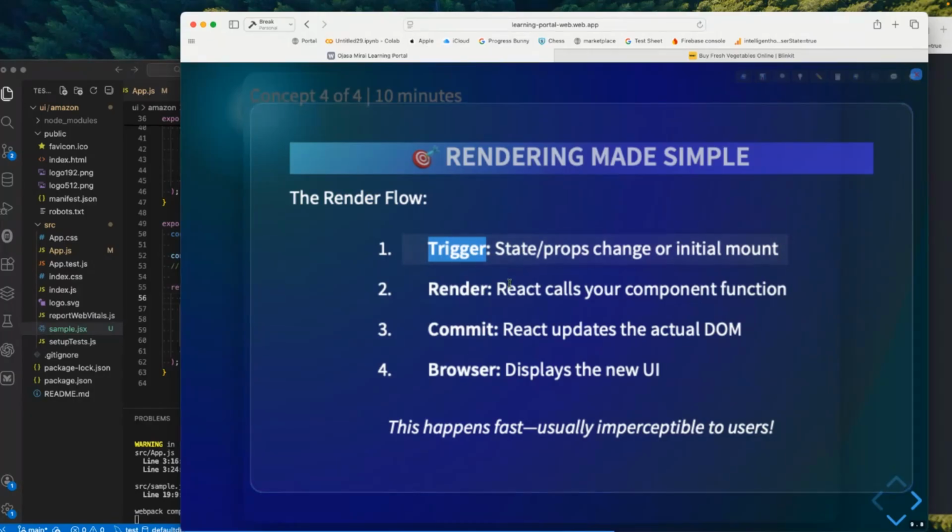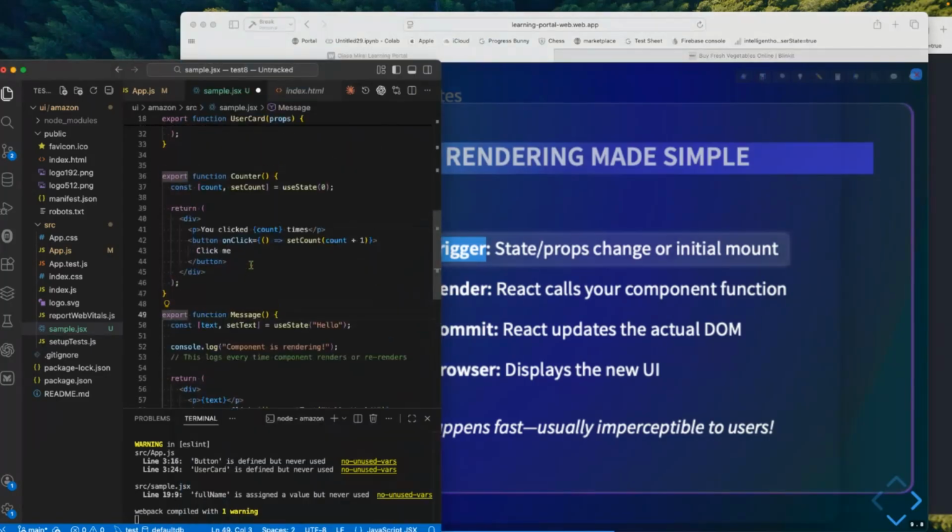Then React will call the component function. So React will call the component function. For example, in the previous example, this will render everything. The whole thing will be rendered. Okay. For example,